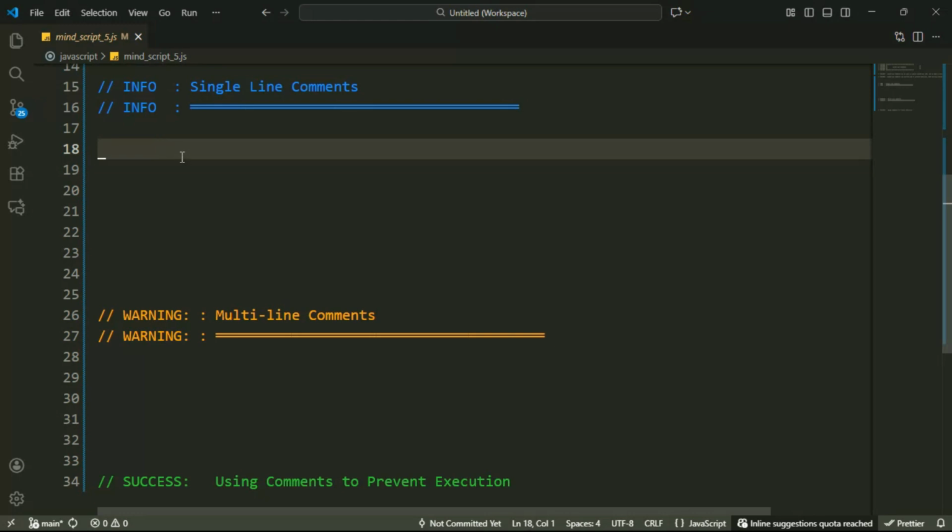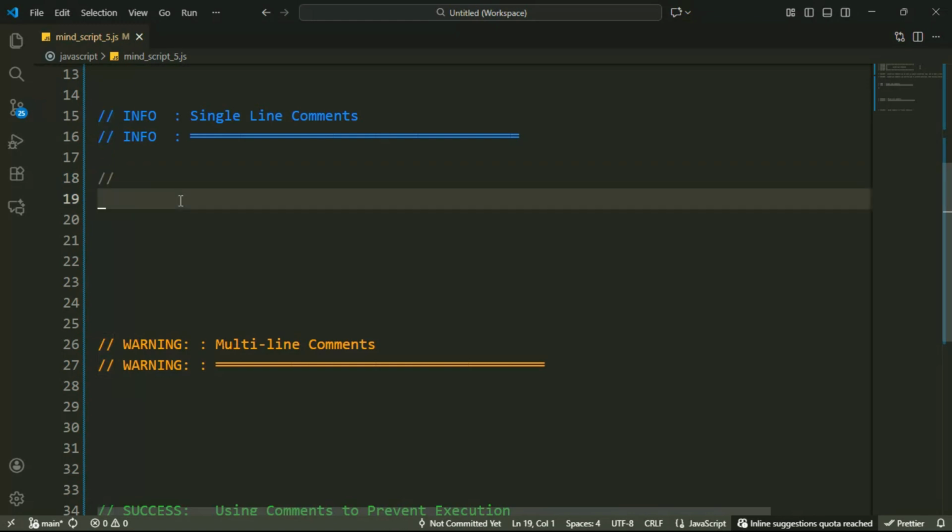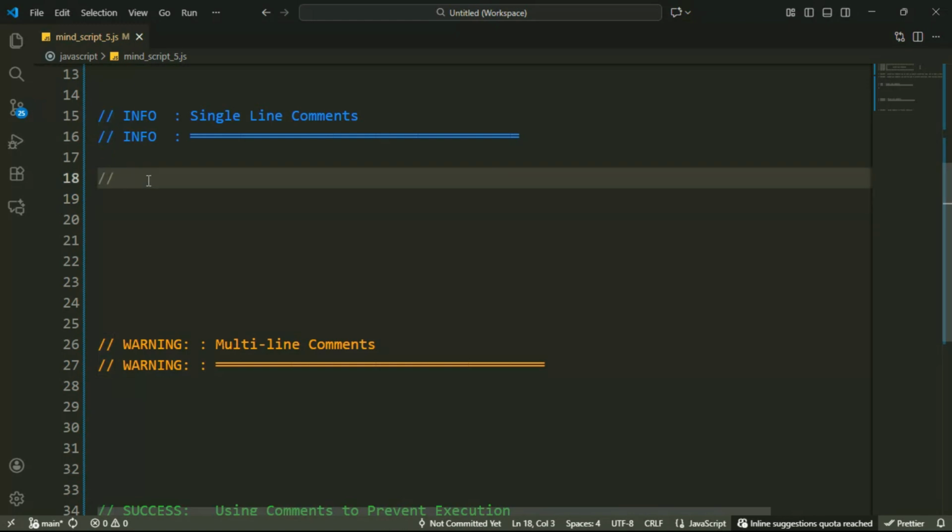Single line comments start with a double forward slash like this. Using this symbol you can comment your code on a single line. Any text between the double forward slash and the end of the line will be ignored by JavaScript. That code will not be executed. Let me explain with an example. Here if you write it